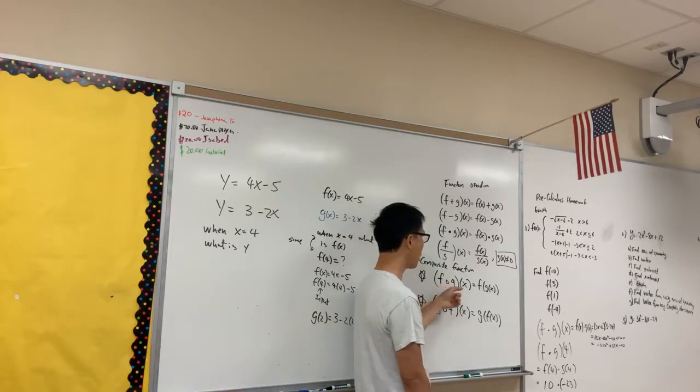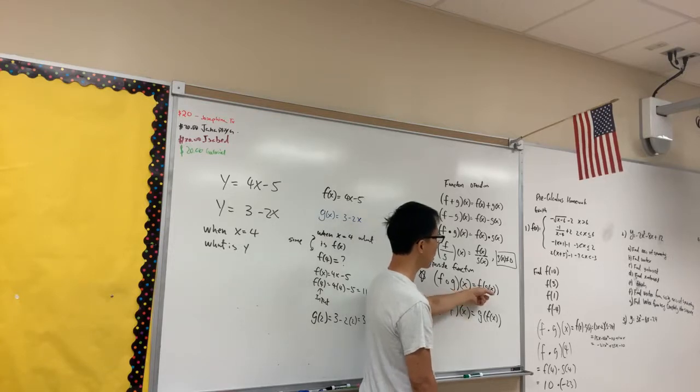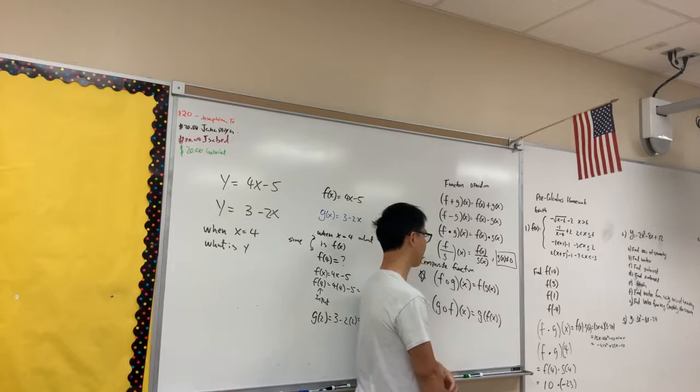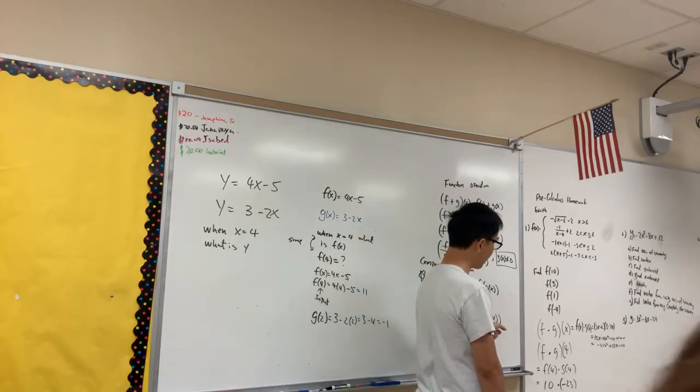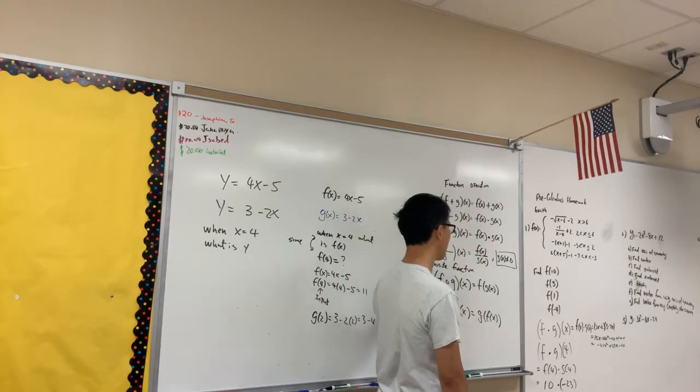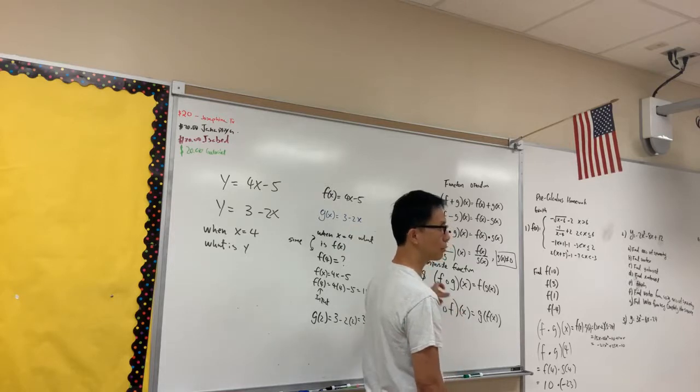It's called fog, F-O-G, fog of x, fog function. This means f of g of x. This one is g of f of x. F of g of f of x. Write it like this. But we're not going to talk about this today because it's too much to talk about